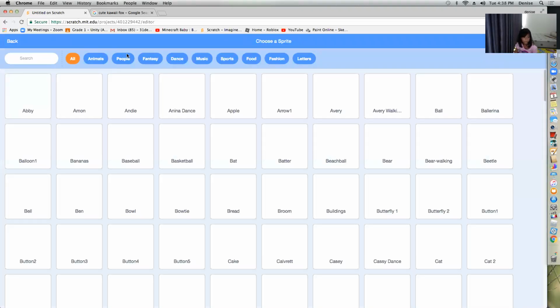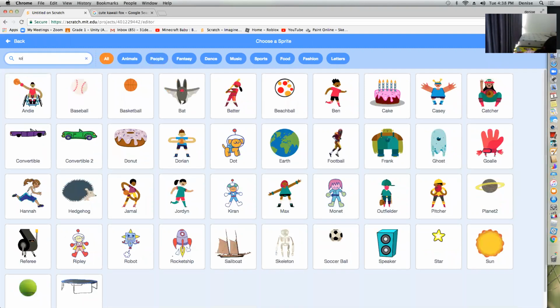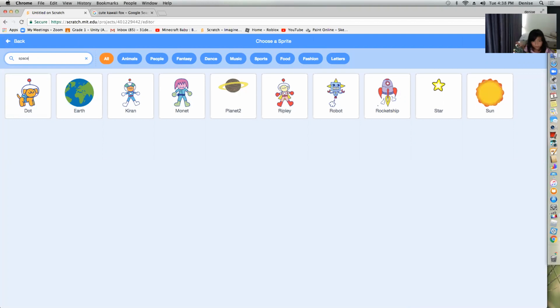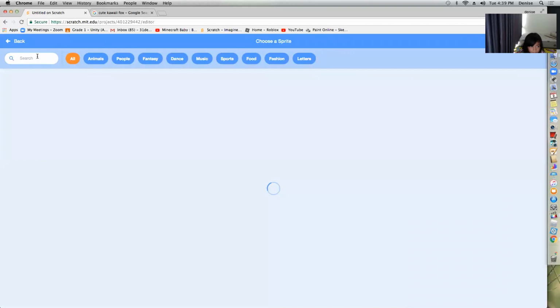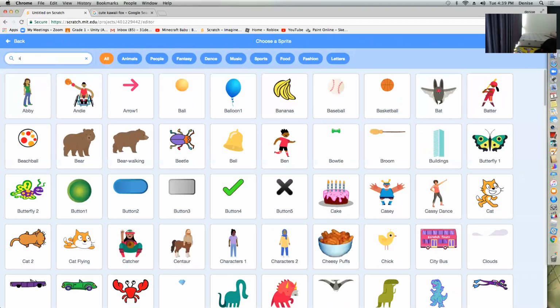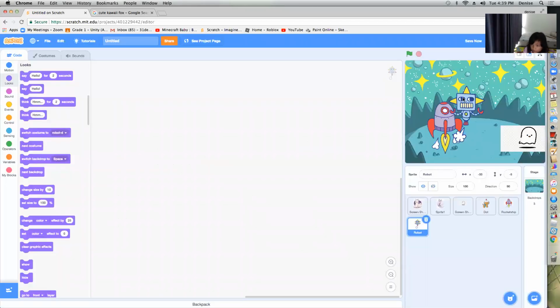Here it's like this rocket, and another one, which is robot.